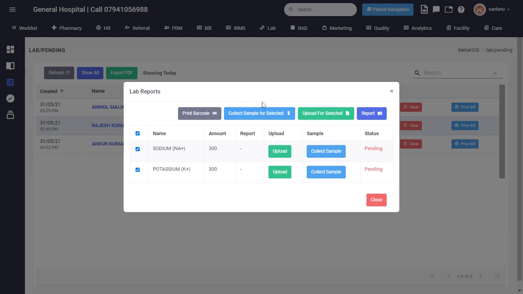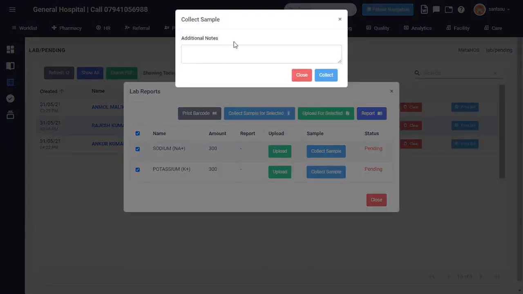So to collect samples, we can select collect samples for selected, or we can collect the samples individually from here. So we can add any additional notes if there is, otherwise we can keep this section blank and select collect.